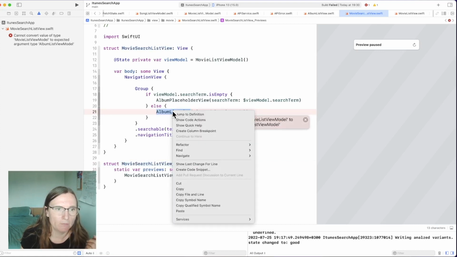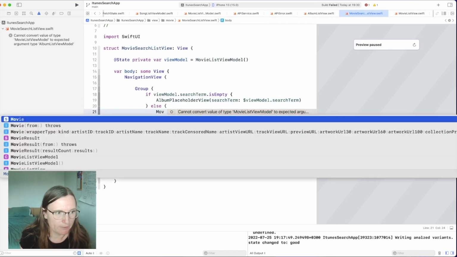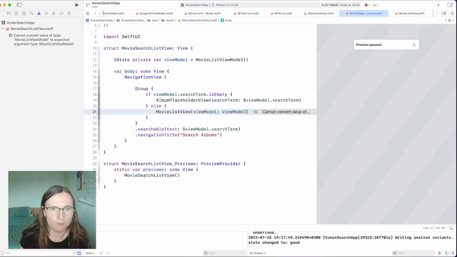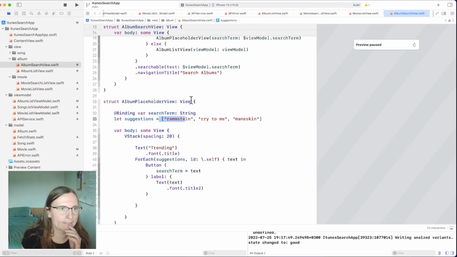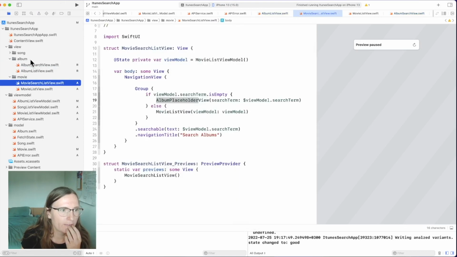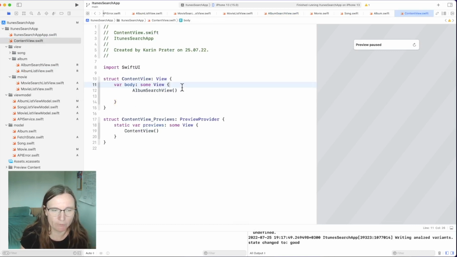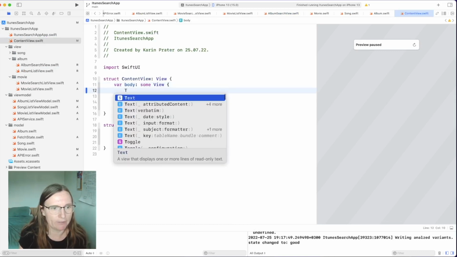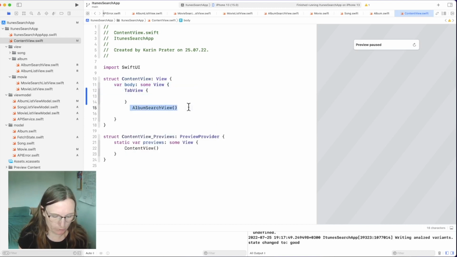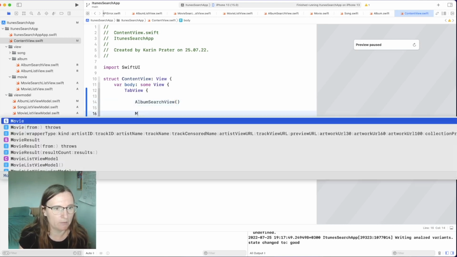And in my, this is not correct. This is the movie list view with this view model. This is more a test. At least it's building. And now I can add this movie search in another tab. So my content view, which is very boring until now, gets a tab view with content. So the two screens I want to have are these albums and the movie